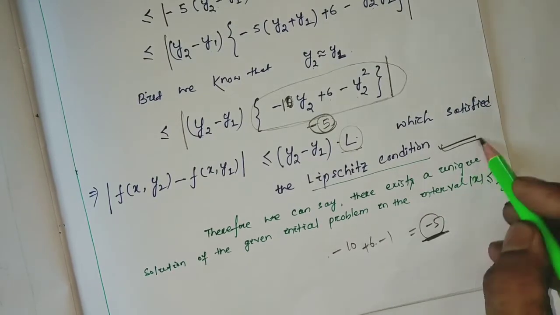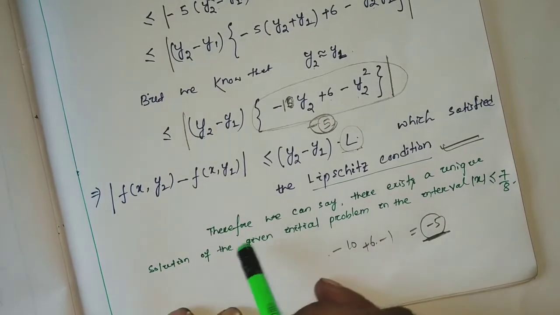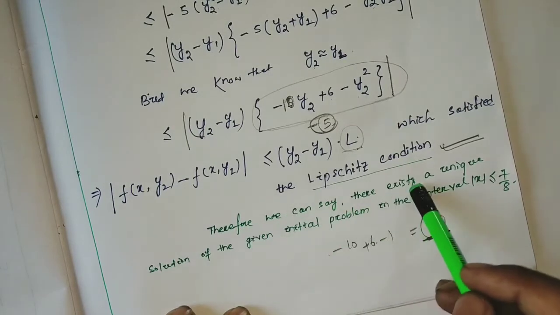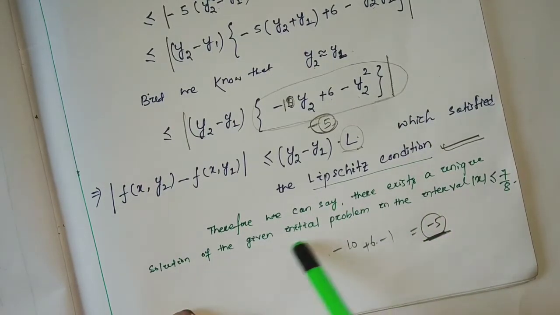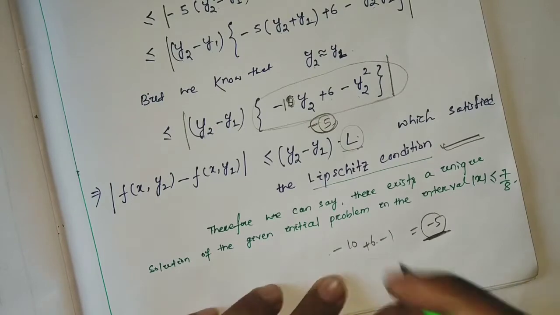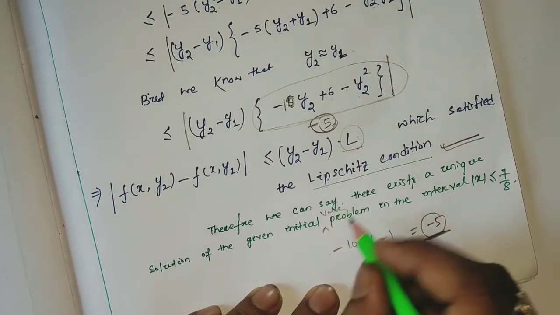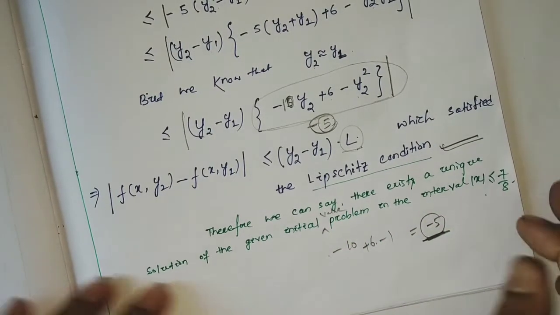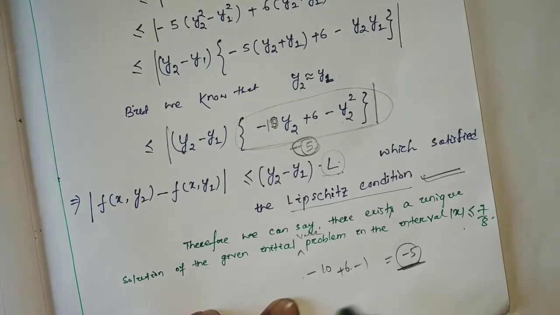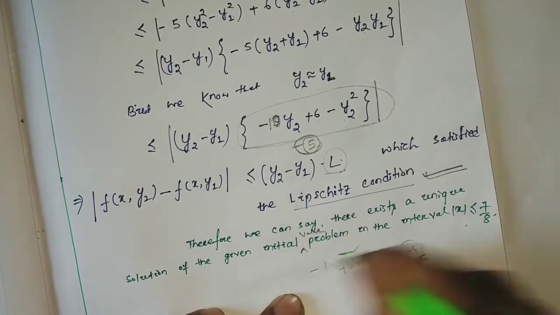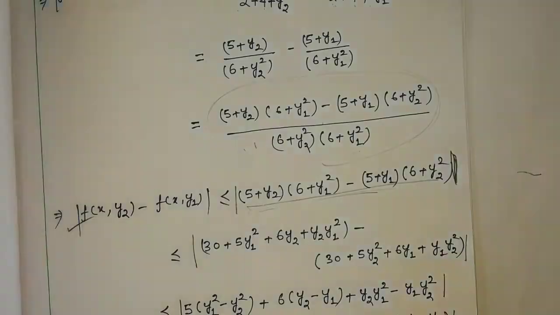So if it is so, then we can say there exists a unique solution of the given initial value problem in the interval mod x less than or equal to 7/8. So here we just followed the Lipschitz condition in this format,